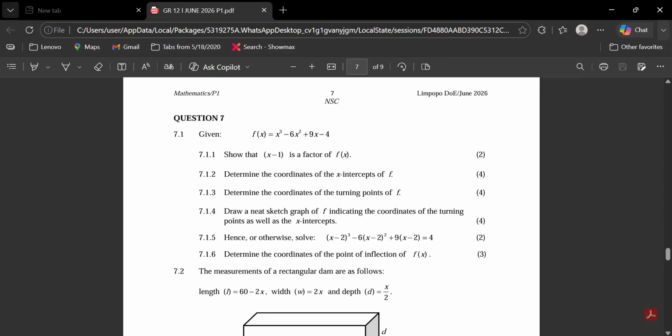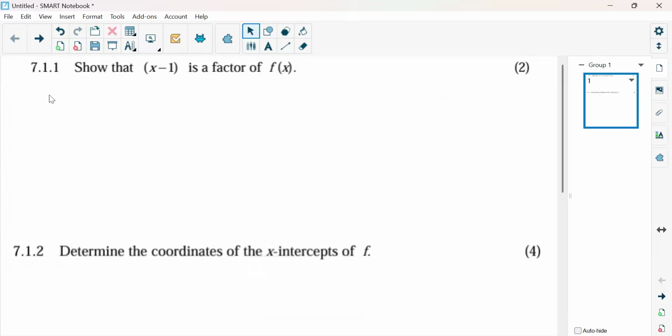We are given that f of x is equal to x cubed minus 6x squared plus 9x minus 4. 7.1.1 says you should show that x minus 1 is a factor of f of x. So we're supposed to prove that the linear x minus 1 is a factor of this polynomial. What is the polynomial that we're given? It says f of x is equal to